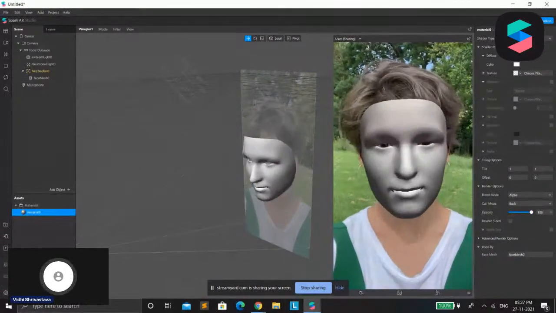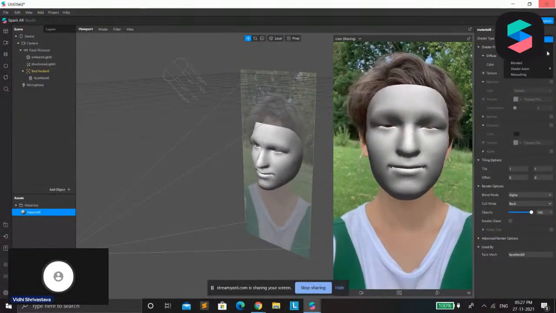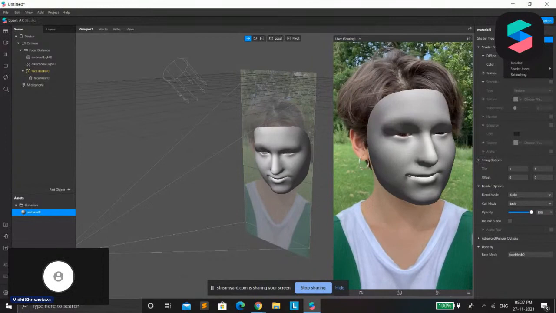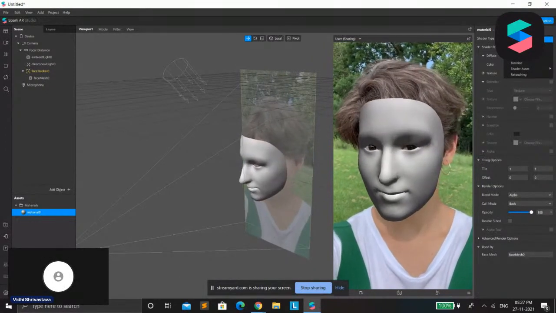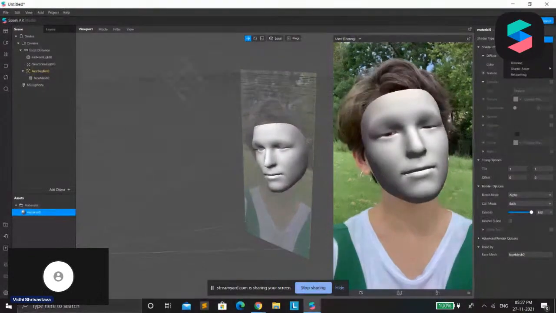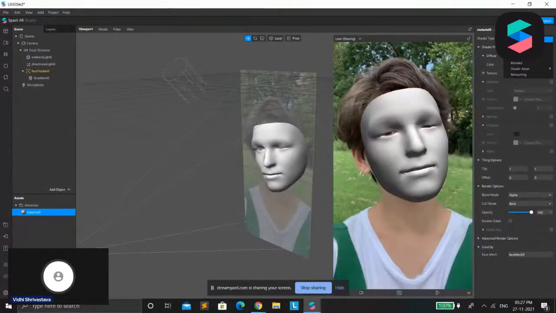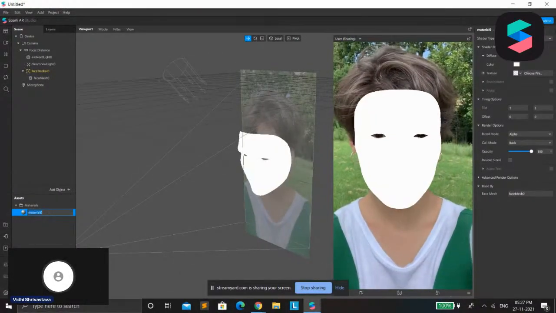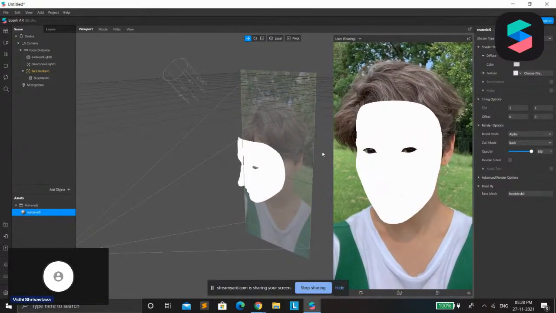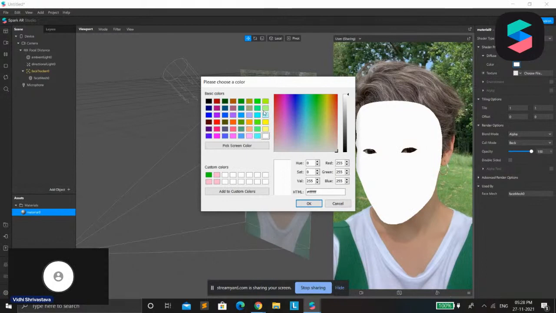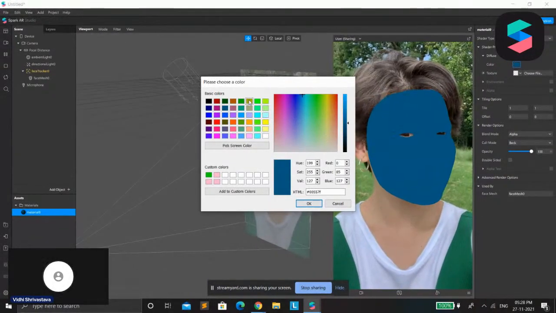Now what is this shader type? There are different shader types that are available. So if I don't want the light to affect this face mesh, I'll click on flat. So there will be no interaction of light with this. As you can see, it is just plain white, as the diffuse color is. I could change the color of it,